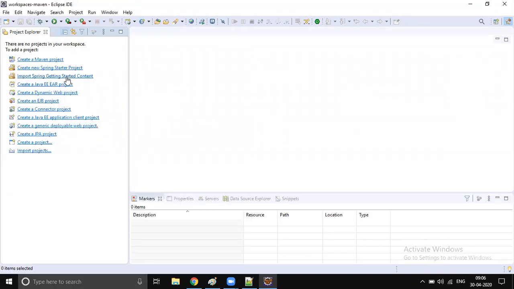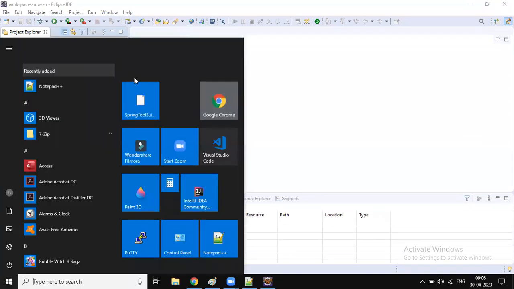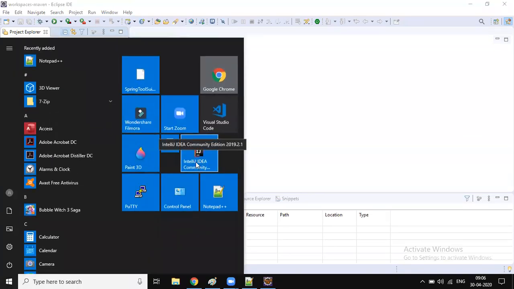Some companies who are interested to pay money buy a license, but we have two editions: Community Edition and Enterprise Edition. Community Edition can be used free of cost, but you can't get all the features present inside an Enterprise Edition.